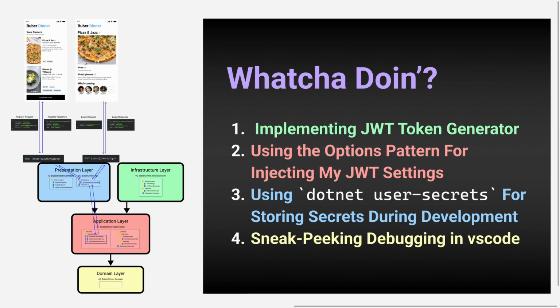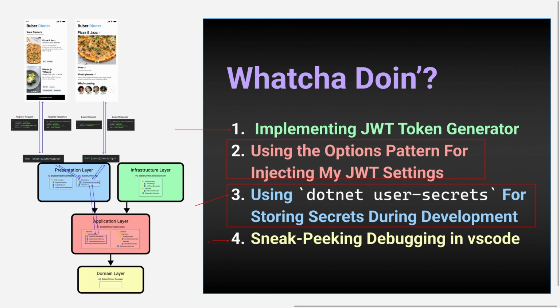So in part 1, we started setting up a bit of authentication. Today, we're going to take it a step further and implement the Jwt Token Generator. We'll then use the options pattern to inject the JWT settings, and then we'll see how we can use the .NET user secrets feature to store our secrets during development. So this is a pretty cool feature which many .NET developers aren't aware of, so I hope you're going to like that. And lastly, we're going to sneak peek debugging in Visual Studio Code, which we'll go into more in